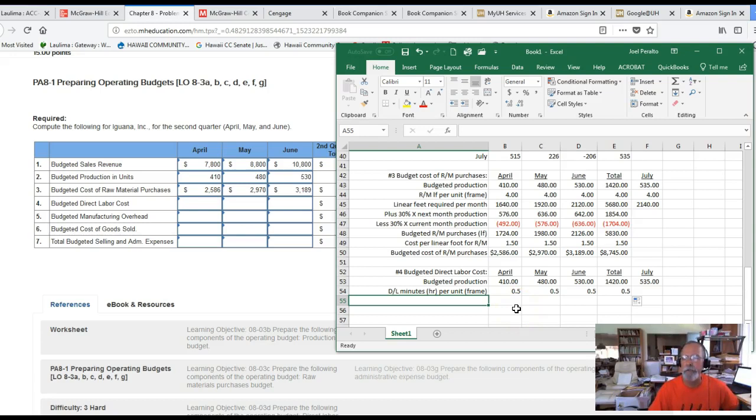And then that'll give us hours required for each month's production. So our budgeted production is in units or frames. Our labor is a half an hour per frame. So we can say hours required per month,